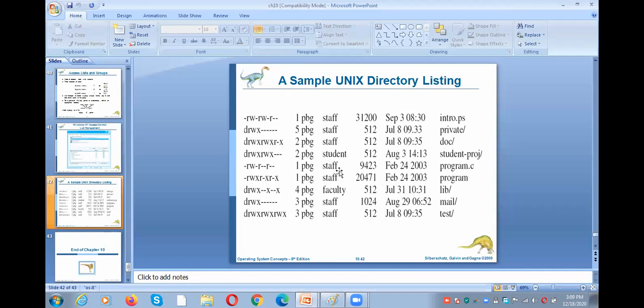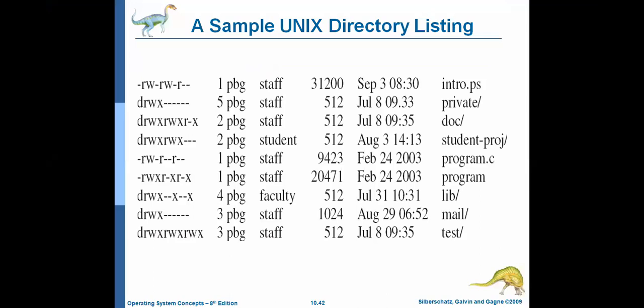all these are the long listing. When you do a long listing of the things, it will look like this. The first one is the type of the file. If it is a file, it is a hyphen. If it is a directory, private is a directory, so it is a D. And then the nine permission bits for the owner, group, others.